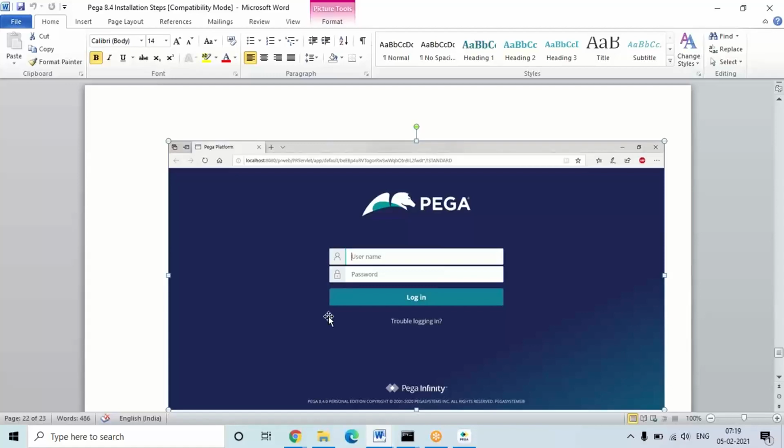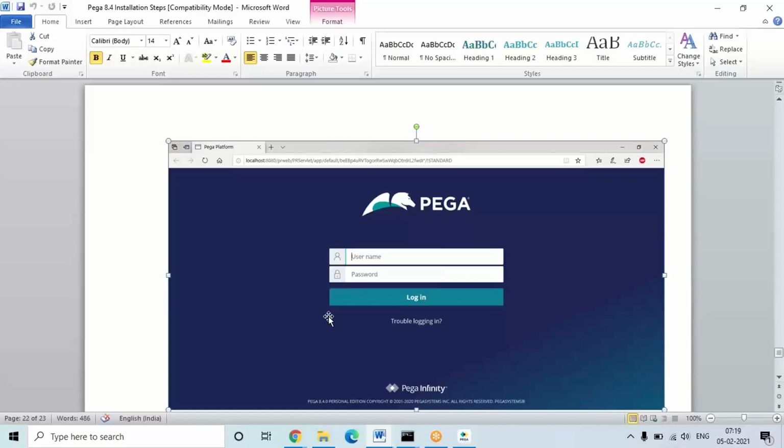Just wait until this screen appears, and check. Up to here the installation will complete automatically. The time can be different on every system, but if the installation fails, we have to uninstall and reinstall. Once the installation fails, we have to remove the instances, restart the system, and install it again.